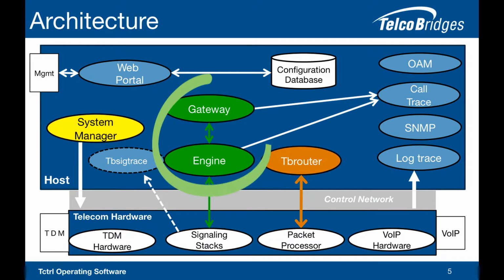Next, the gateway and the engine. Both are the core applications for processing calls. The engine communicates with the signaling stacks and provides a high level of call control to the gateway application. The engine processes call information, manages the telecom hardware resources needed during a call, and connects incoming and outgoing call